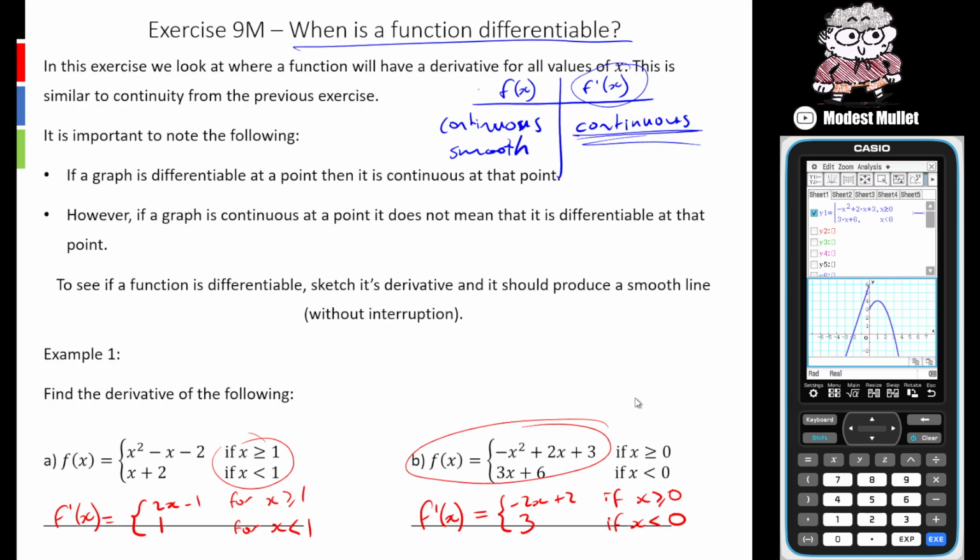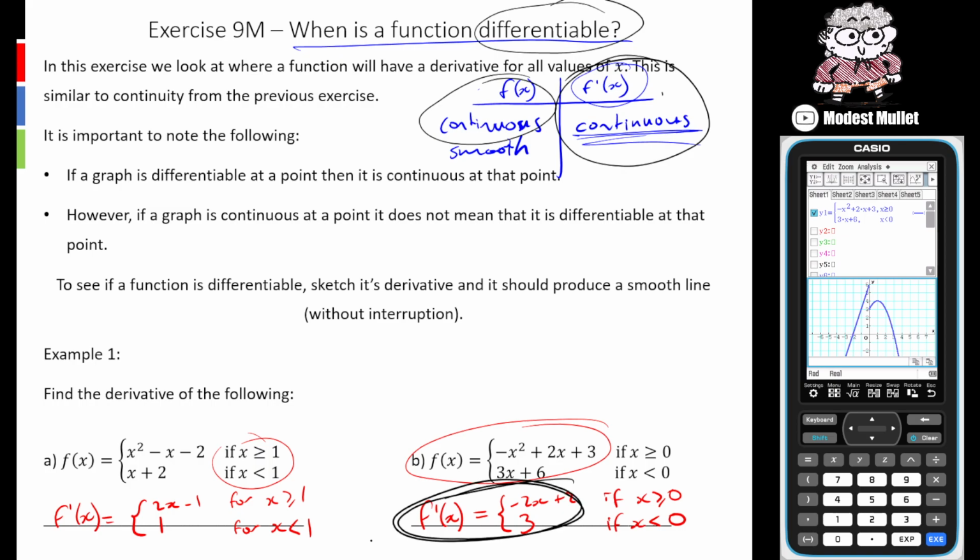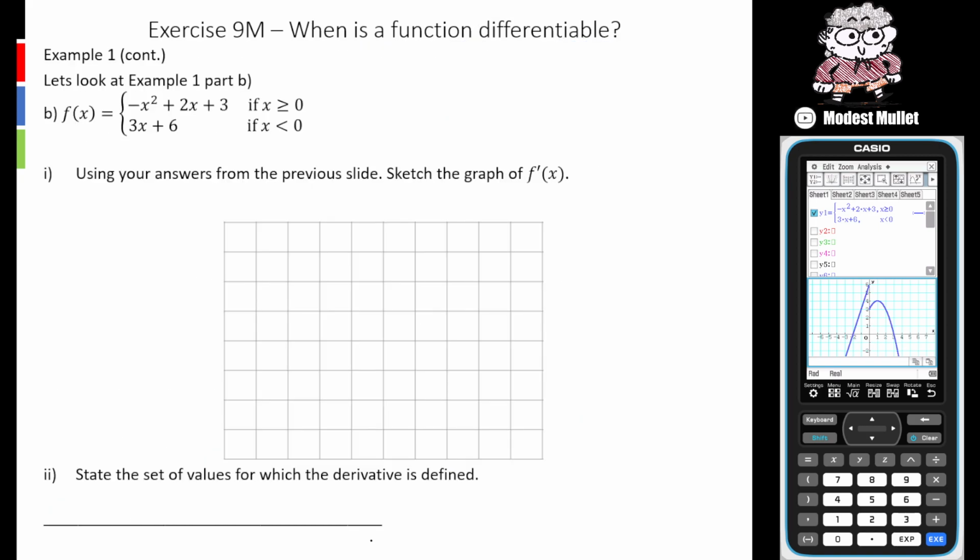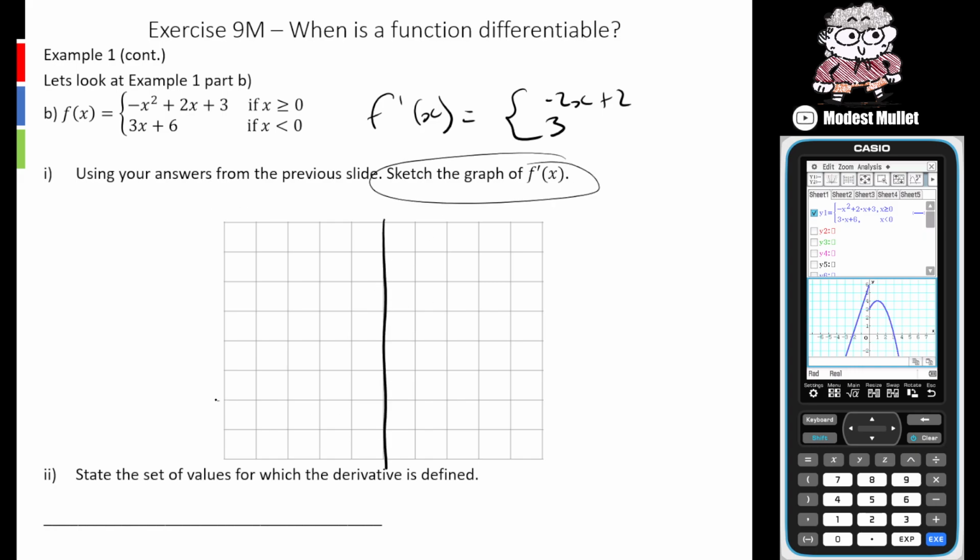Second thing, okay, is if we look at, as I said before, for f of x to have a derivative, or technically be differentiable and defined at all points, f of x needs to be continuous, which clearly on the graph it's not, and f dash of x needs to be continuous. So if we graph this gradient equation, we'll be able to see that it's also not continuous. So for example, we just said before that f dash of x is equal to negative 2x plus 2 and 3. So if we graph the derivative,